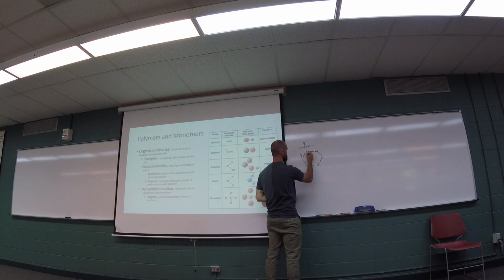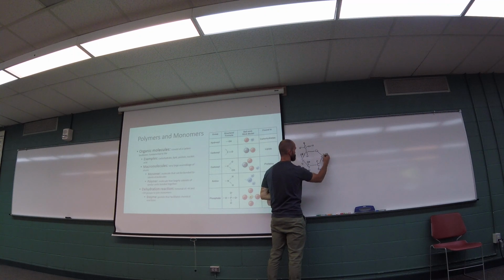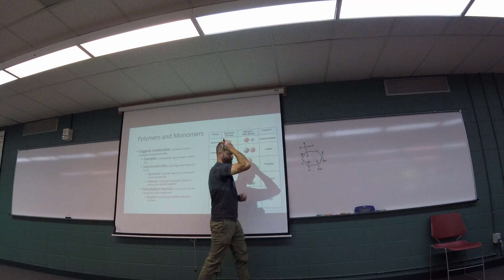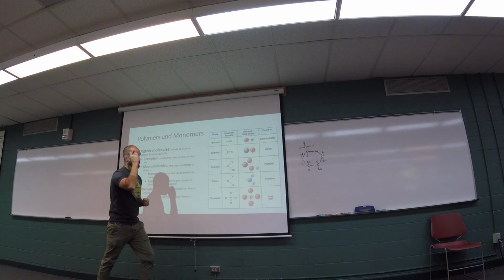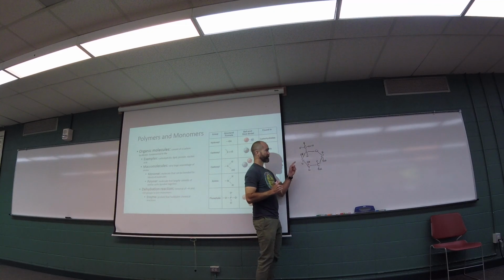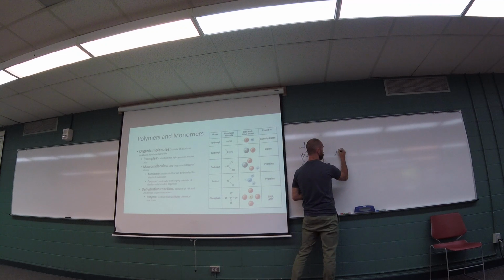And we have this attached. So that's what glucose looks like. Now if we wanted to take this glucose and stick it to another glucose molecule that looks exactly the same,